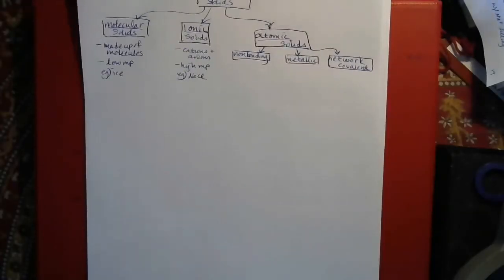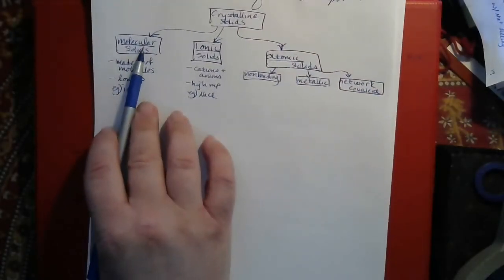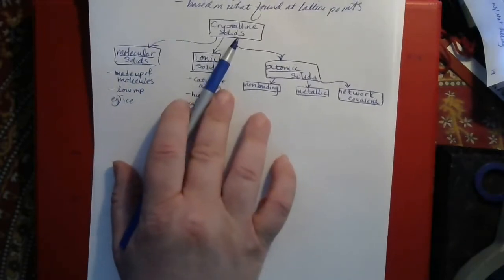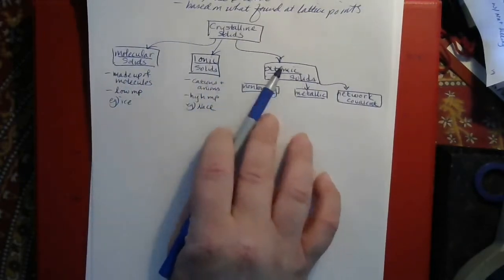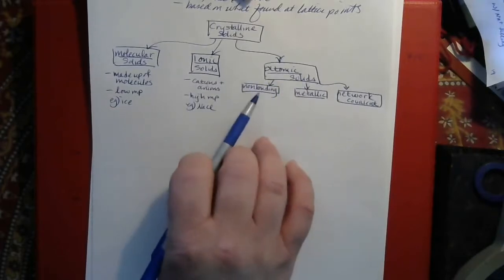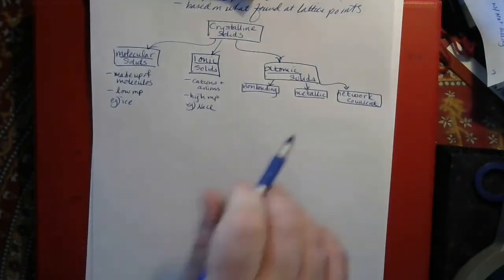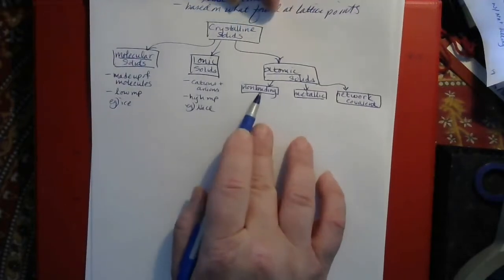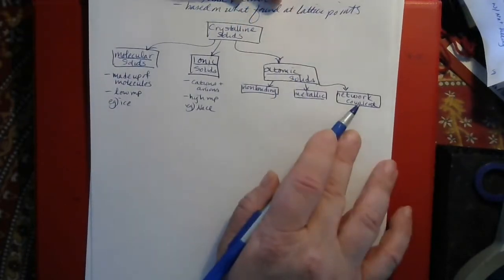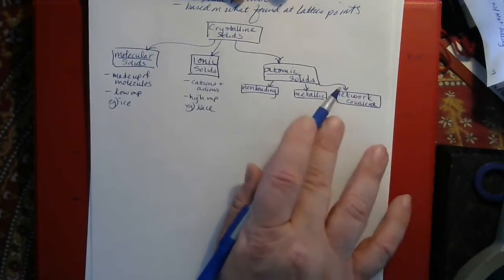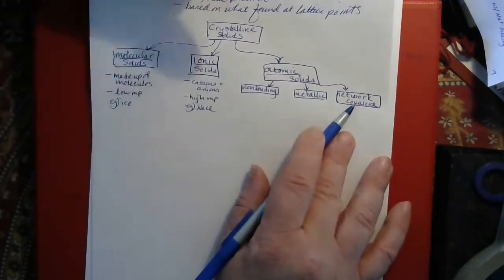Okay, where we left off was we were about to go over atomic solids. We saw the types of crystalline solids. There are molecular solids and ionic solids, and now atomic solids. This is where things get interesting because there's more than one type of atomic solid. There's non-bonding, metallic solids are also atomic solids, and network covalent solids, which is kind of like molecular solids, only